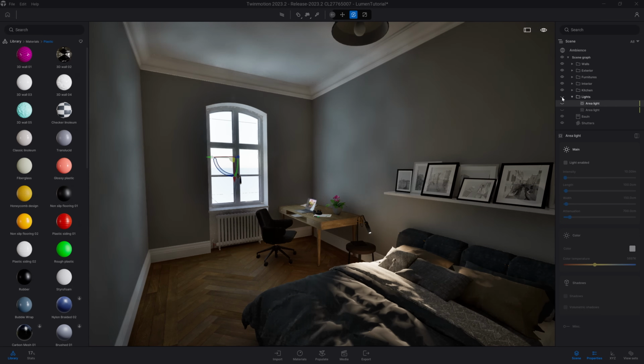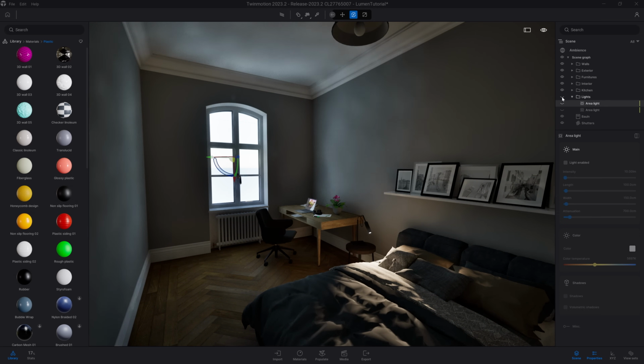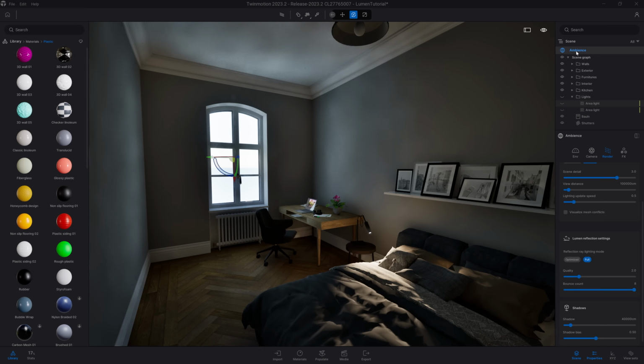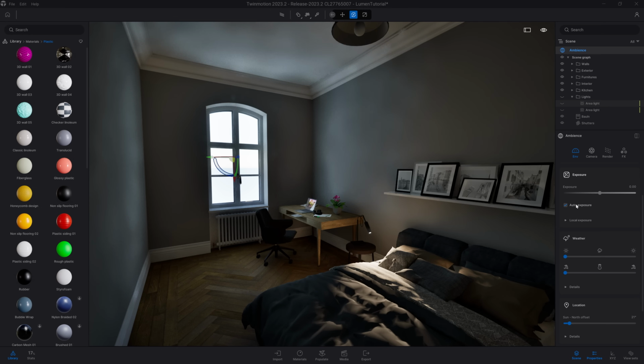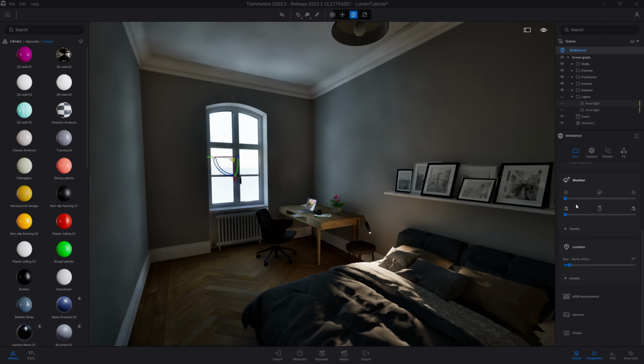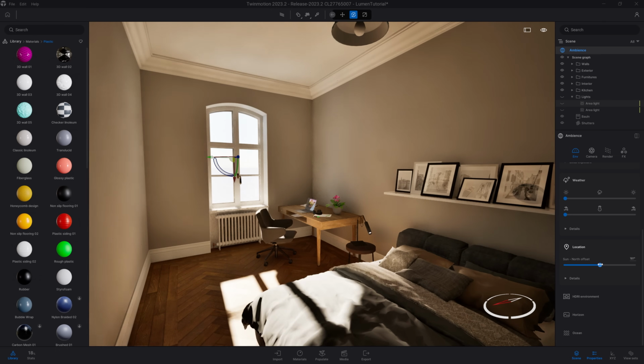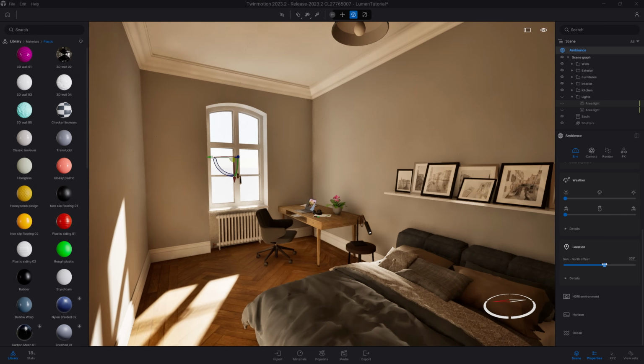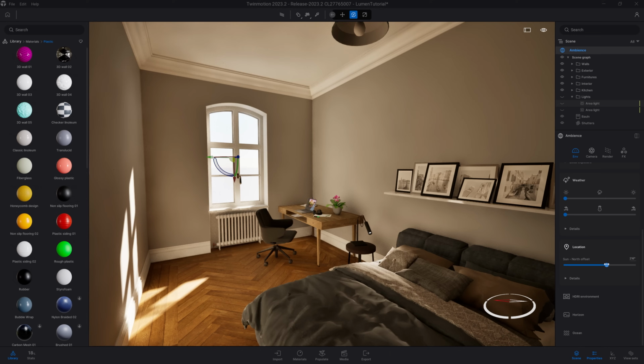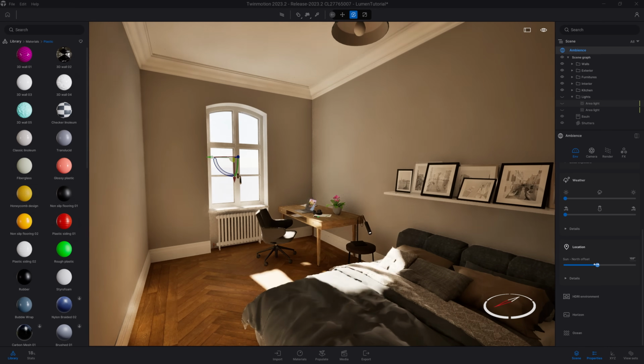What you can also do is just turn the position of the sunlight so we can have actual light coming inside our space. So what I'm going to do here, I'm just going to come to the ambience, environment, and I will scroll to the bottom here for the location. Here I'm just going to drag that slider until we have some sun coming inside our project. And as you can see, it updates in real time, and now we have a really nice lighting bouncing on the ceiling and on the walls.